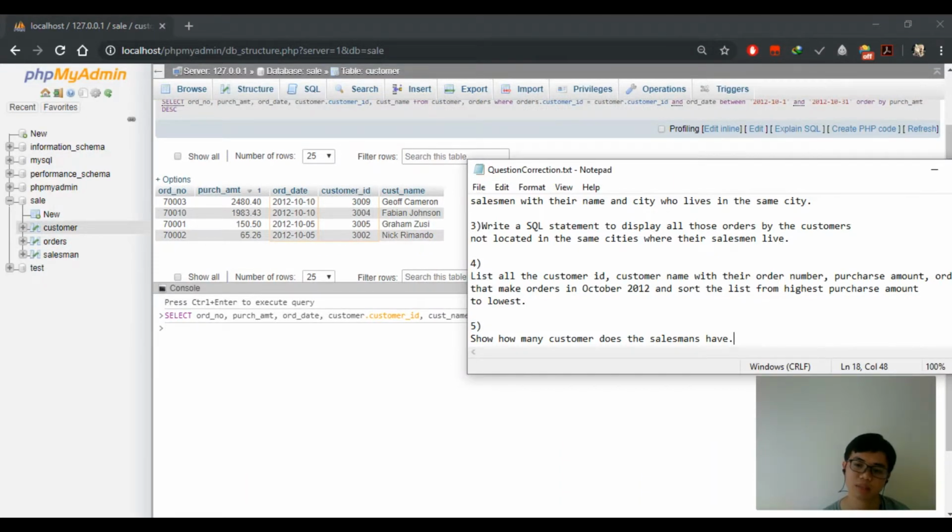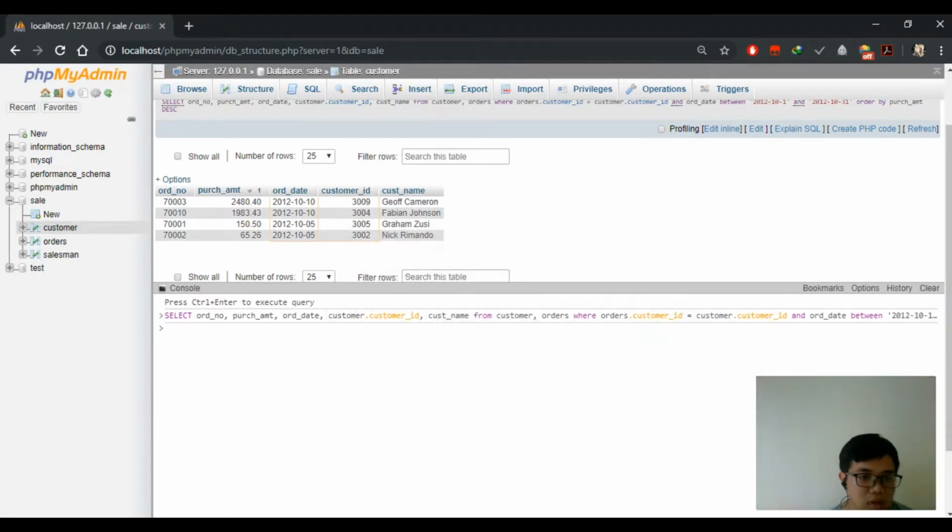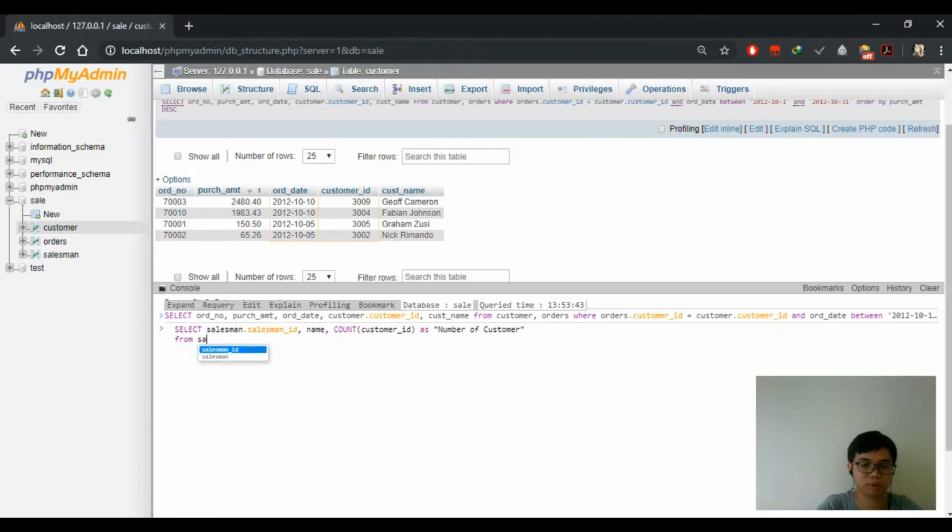Question 5. Show how many customers the salesman has. So for this question, we have to select salesman ID, then his name. So count customer ID as number of customer. Rename this to number of customer, then from salesman table and also customer table, where salesman ID equals customer, salesman ID